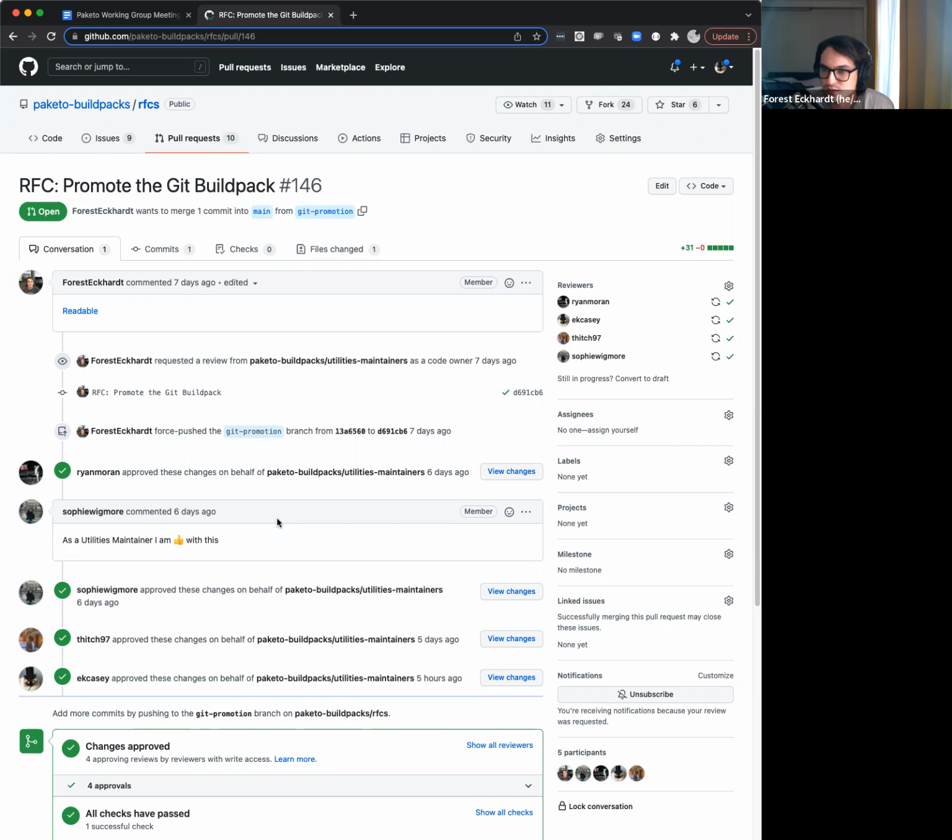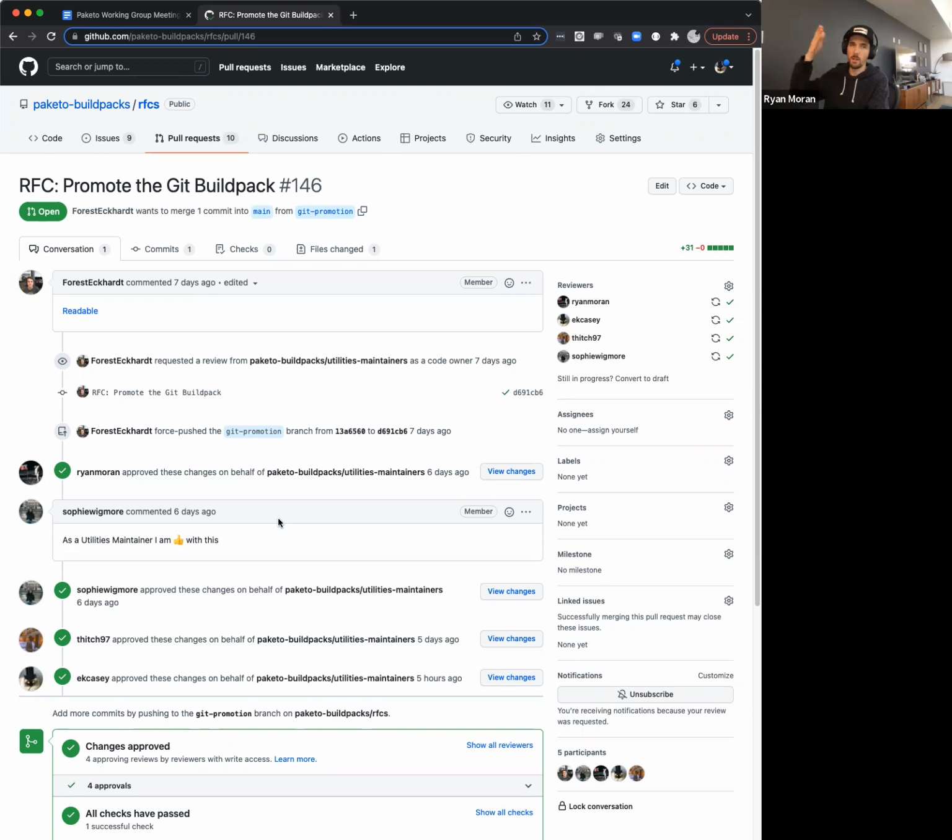I'm fine with merging it and just opening up some issues and a top level issue to do this and checking that off and then moving it once everything has been checked off in the top level issue. I remember we had this conversation before and I can't remember which way it ended, which is, can we merge the RFC with the intention to do these things, or do we wait till they're done before we merge it? I think mostly what I cared about was, no matter what, when it gets transferred to the top level org, that stuff is just already done.